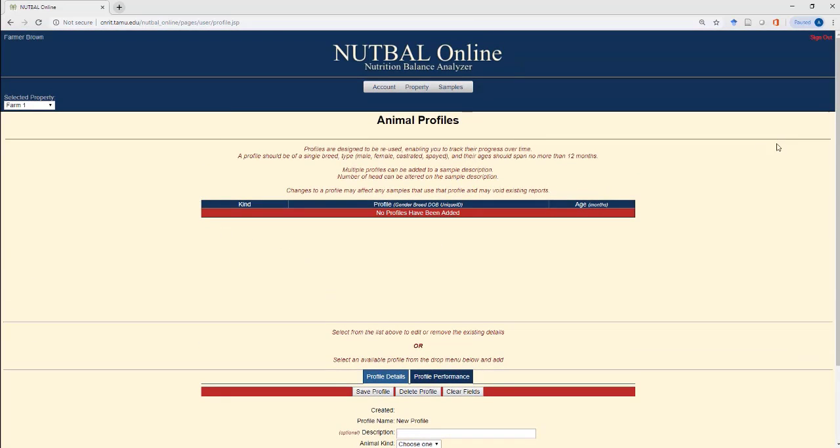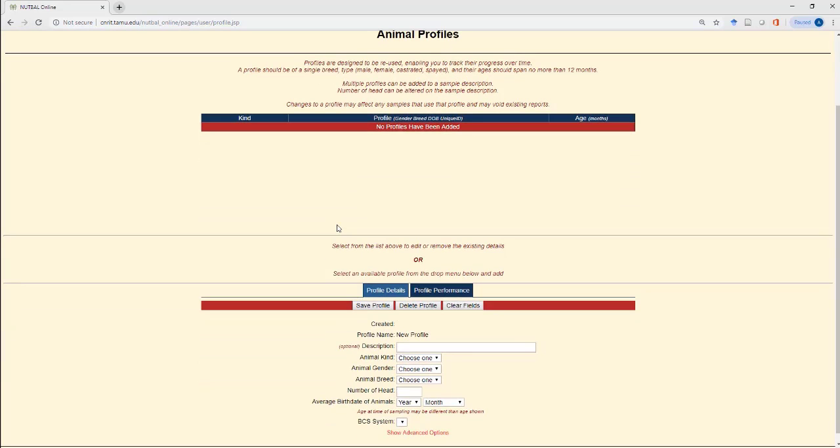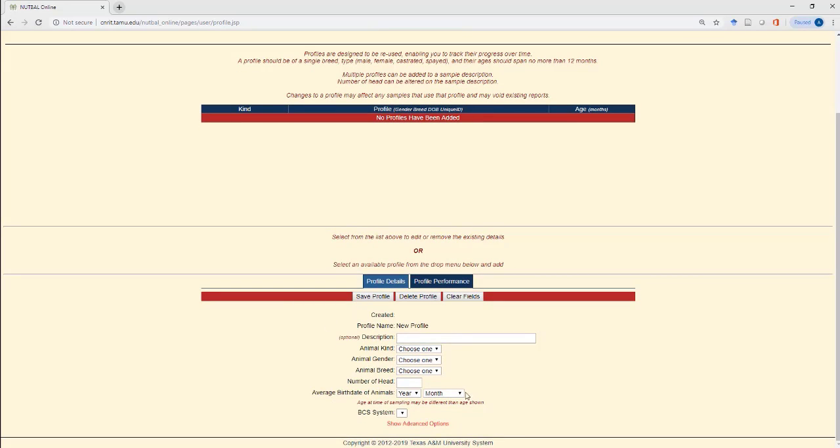Right now, there's this table up here, and all you can see is that no profiles have been added. So if you're just starting out with your account, you'll need to create profiles. So to start, you would go down to this bottom section below this red bar, and it's already ready for you to create a new profile. So all you have to do is start describing them. So let's just start with a little